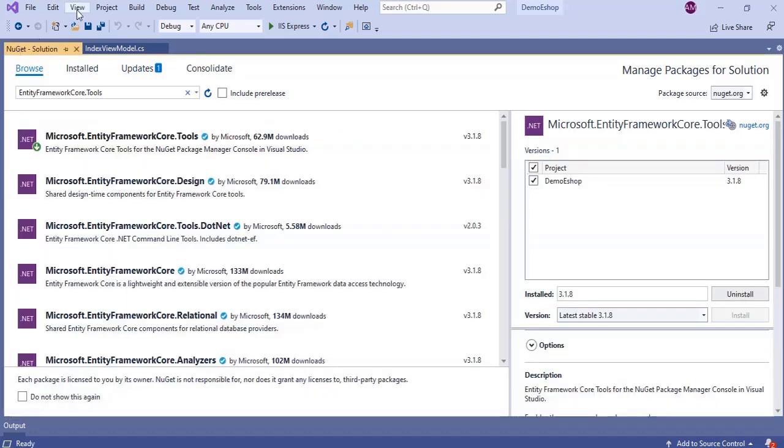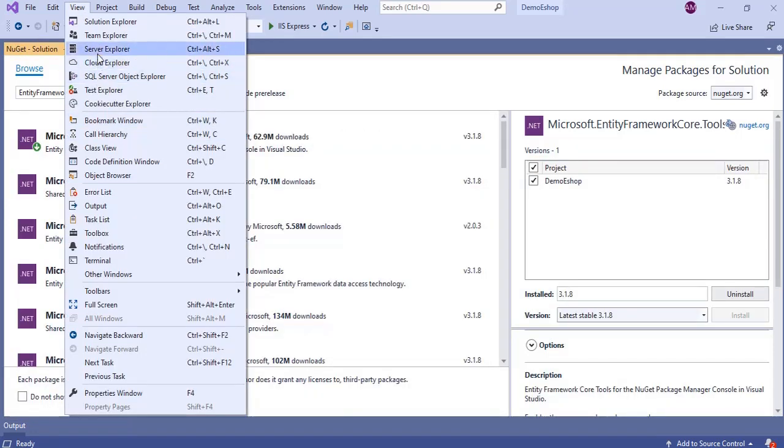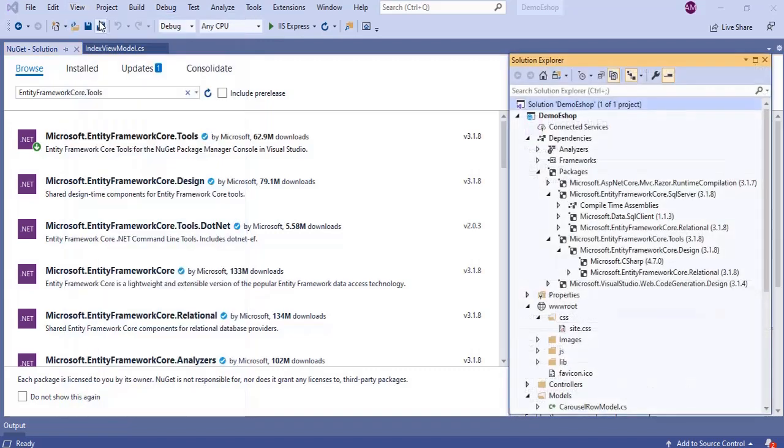Now go to the Solution Explorer. Then see in the packages, we installed only Microsoft Entity Framework Core.SQL Server and Microsoft.Entity Framework Core.tools, but that automatically installed the dependent packages. See Microsoft.data.SQL client and Microsoft.Entity Framework Core.relational.